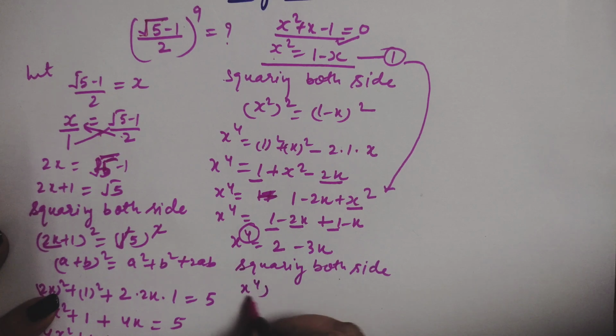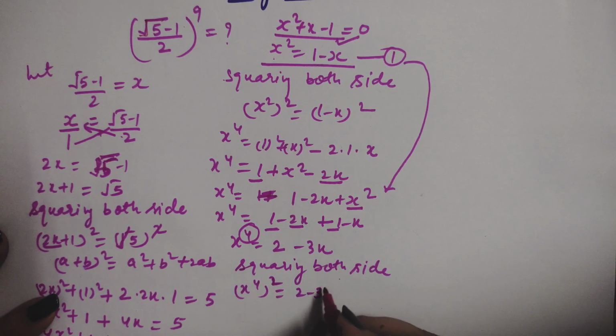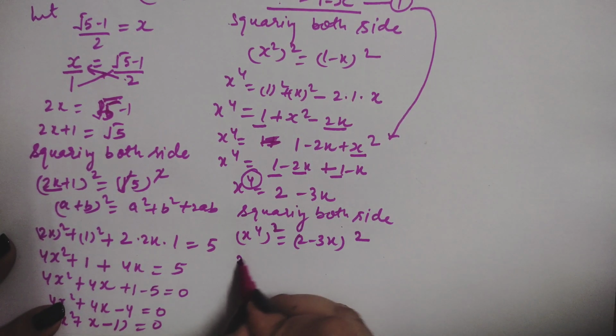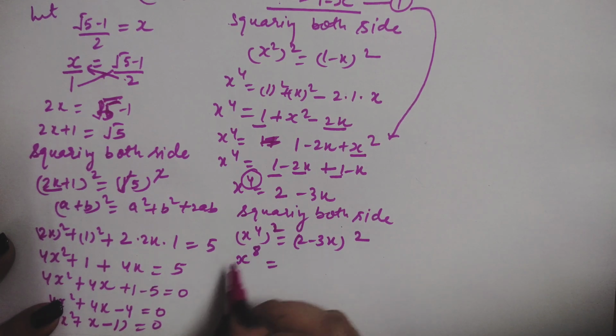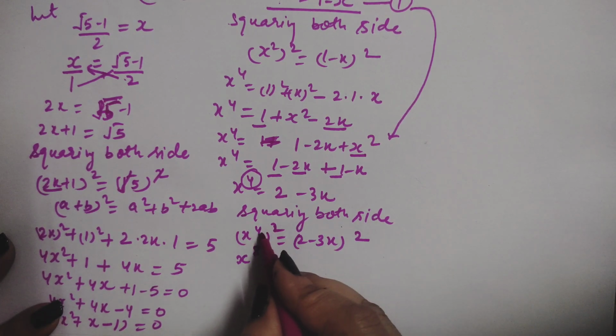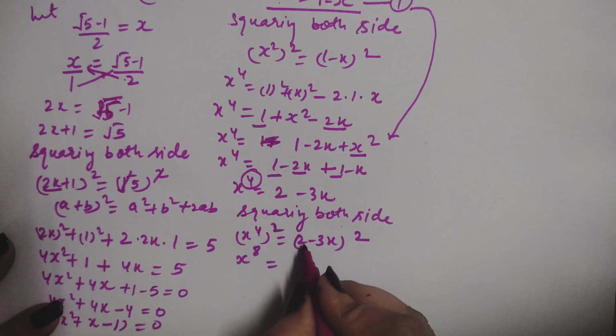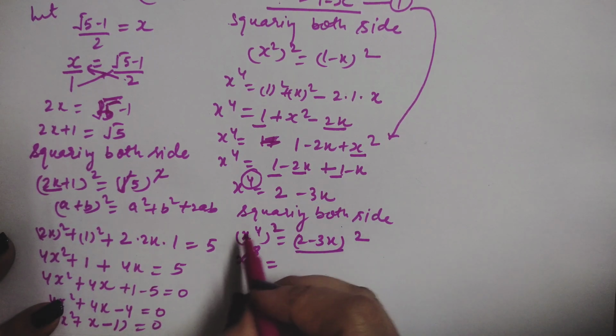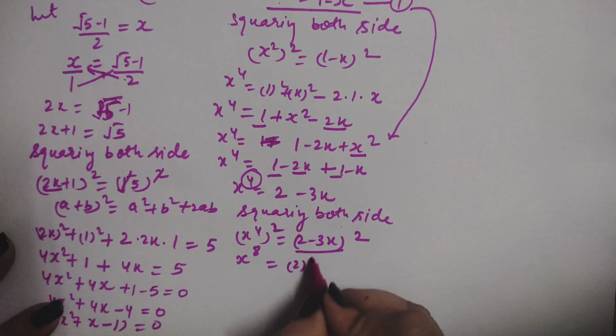So (x^4)^2 upon (2 - 3x)^2. Okay, now you can see the power will make 8, since 4 twos are 8. We are using the law of exponent, power to power. And here again we are using the identity (a - b) whole square. The (a - b) whole square identity is a square,